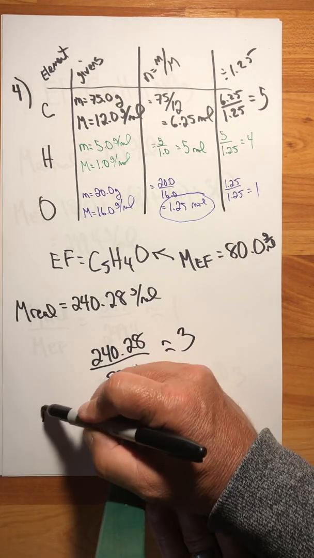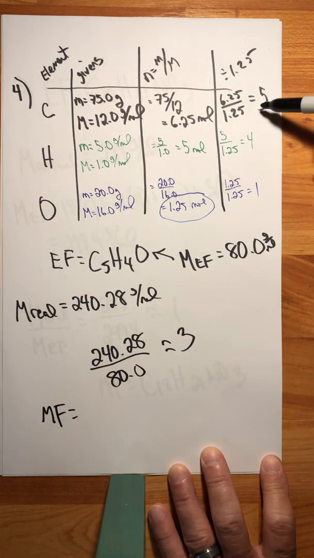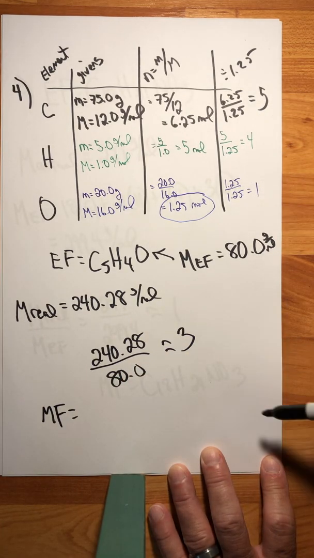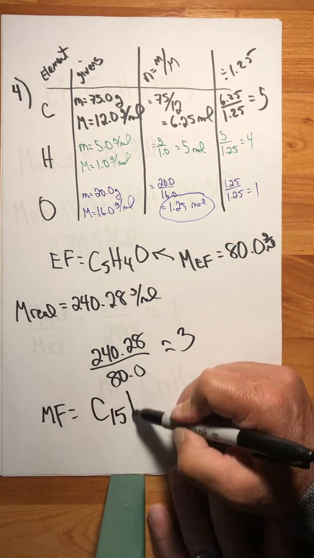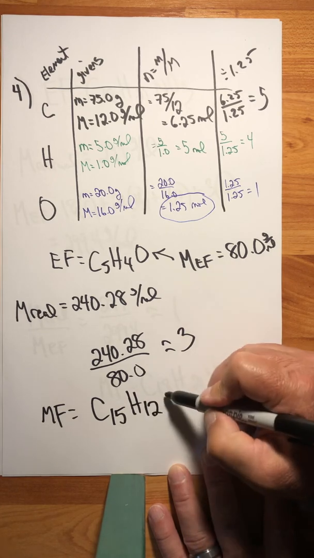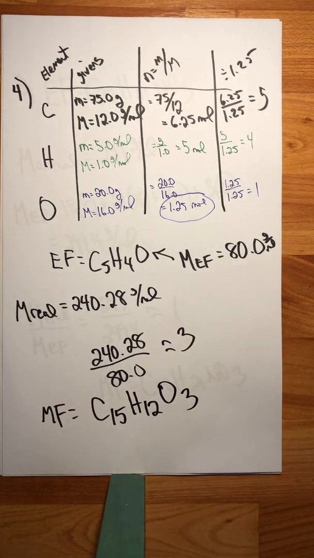So that means that for my molecular formula, I have to multiply all of my ratios by 3. So it's going to be C15H12O3. And that's quite a monster of a compound. Okay? And that's how you solve